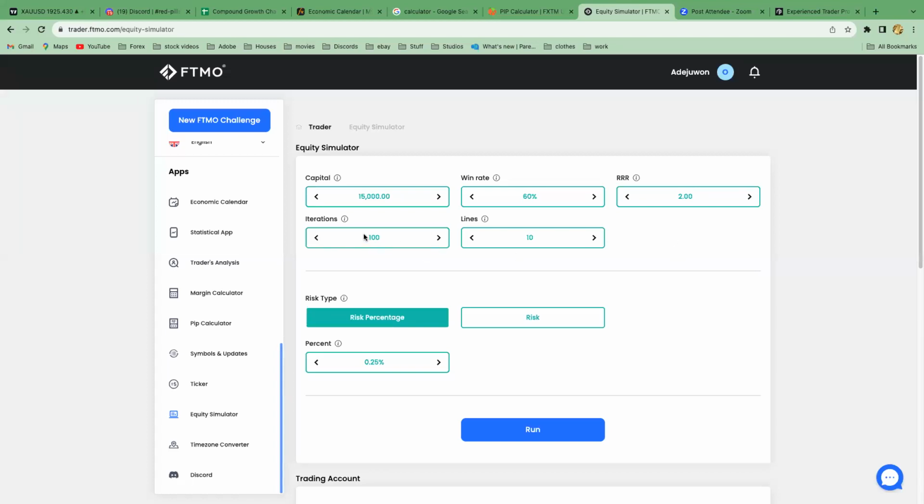Now, the next thing we're going to do over here is put our iteration. So iteration just means the number of trades that you've taken, number of trade entries. So if you enter one trade into GBP New Zealand, and then you enter another trade into gold, or whatever you do, that will be considered 2 trades that you've taken. So that would be 2 out of the 100 trades you have actually taken in this setup.